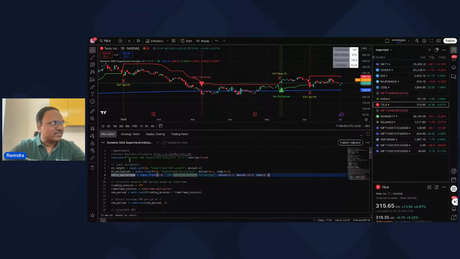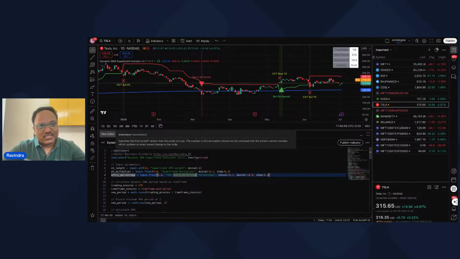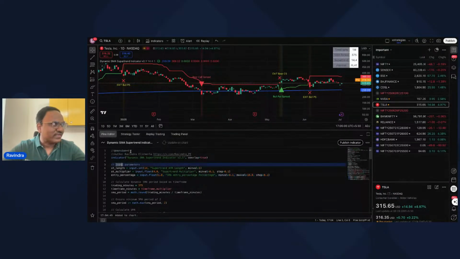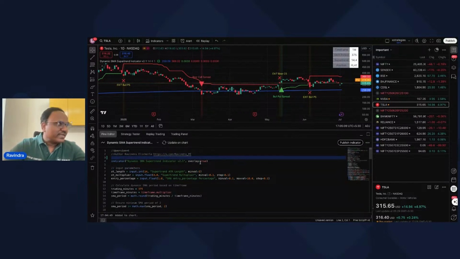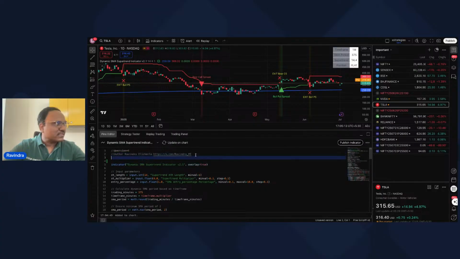A lot of times people might make a mistake where there is already code there. When they try to append to that code, they will struggle and get some errors. For instance, if somebody already has the indicator declaration there, and then you put another indicator here, for instance.